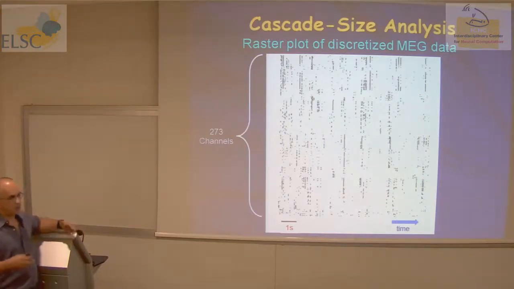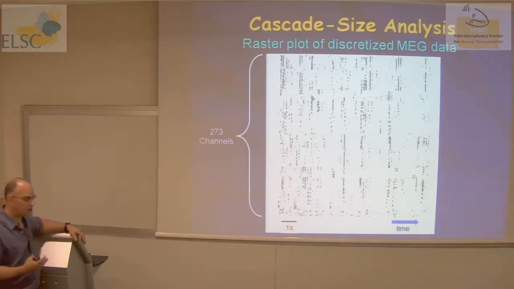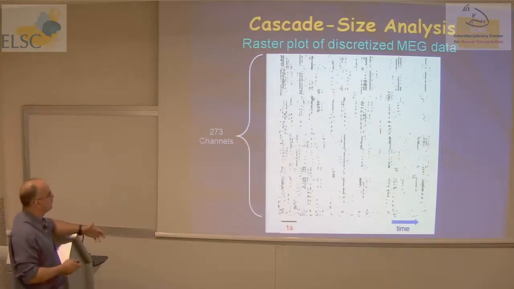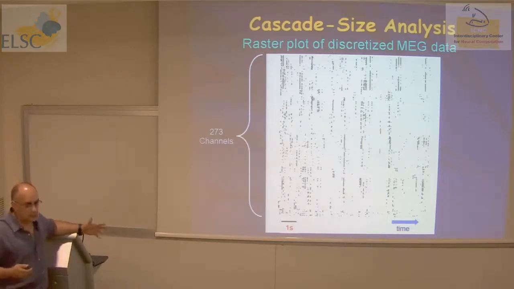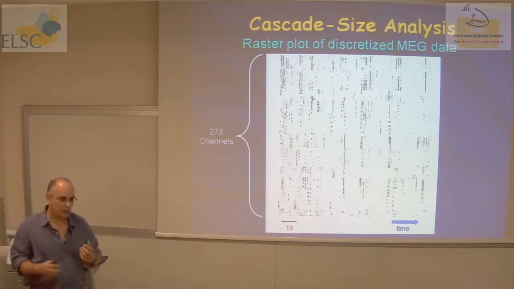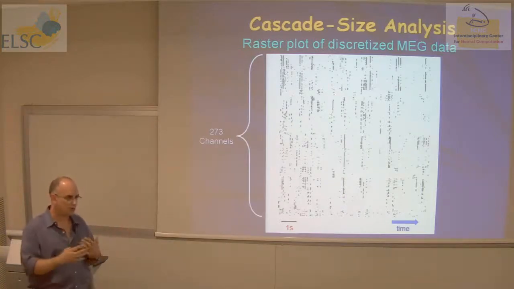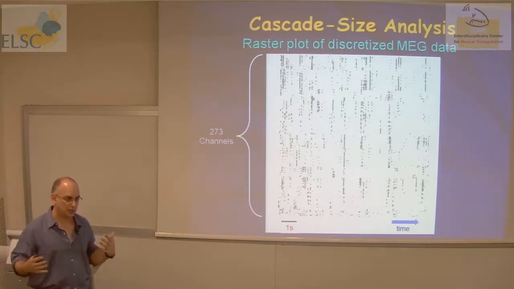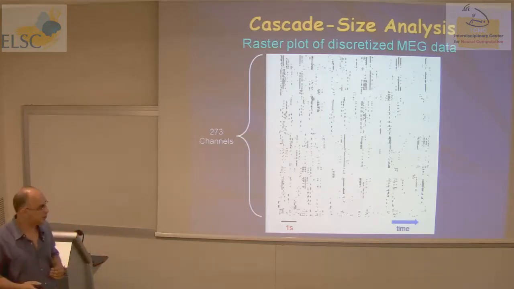Here's a raster from the whole array. So you clearly see some spatiotemporal structures. It's not random. If you just take random data from uncorrelated neurons, you won't get that. And of course, some of the correlations come from real correlations in the brain, and some of them, we must remember, come from overlap of sensors. It's not really trivial to discriminate. But it's important that we are not looking at just pure synchrony. We are really trying to look, and I will show you how, at spatiotemporal cascades that are extended in time. Some of them last tens of milliseconds.